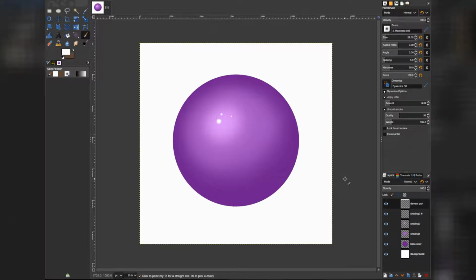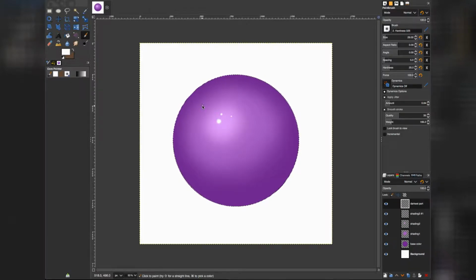And we still have our selection. And what we will do now is, since it's a sphere, actually the very outmost edge won't be the darkest part, so we will shrink